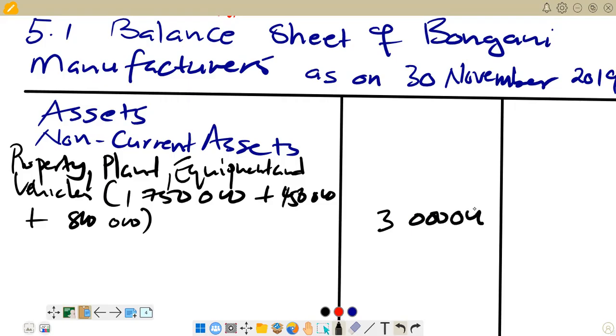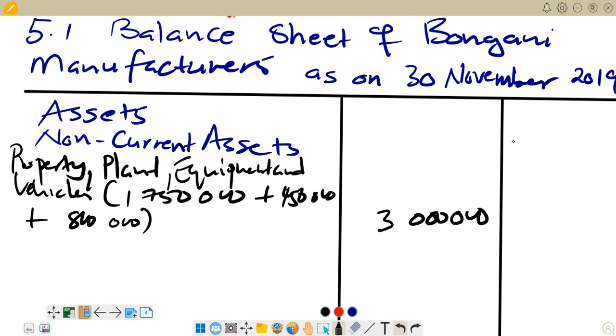3 million. And this is the total of non-current assets. So this total is supposed to come here to represent that these are the non-current assets that we have. We might have some financial non-current assets that we can put there, like fixed deposit, but in this question we don't have such. So we are just going to put this figure here to represent the total for non-current